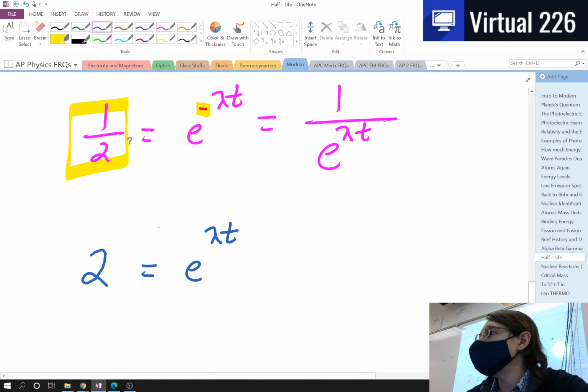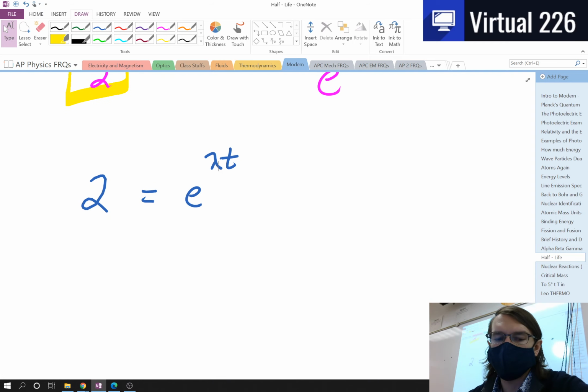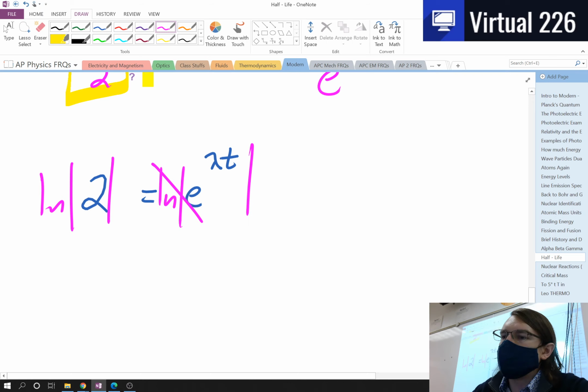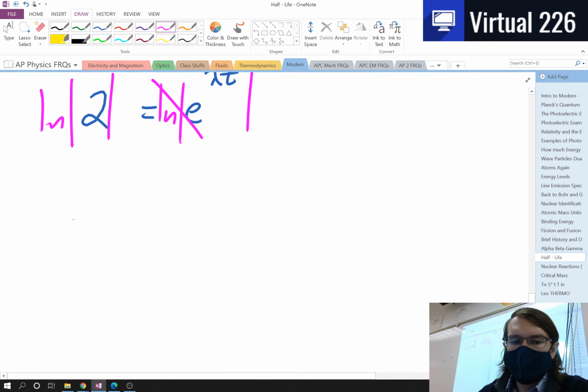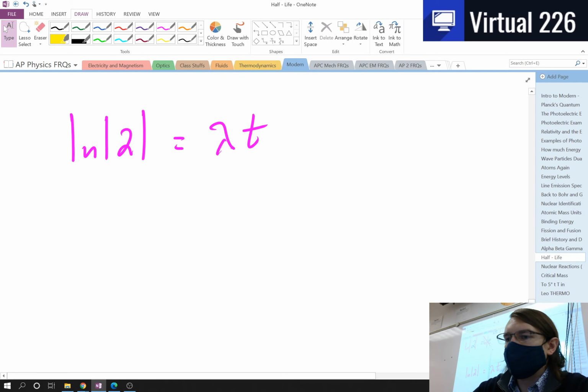That's a little math trick right there. If you didn't know what you were doing, maybe you thought that you just forgot to put the 1 over, and maybe you forgot to write the negative, but we actually reciprocated both sides. Now, if we wanted to solve for t, we could do it as follows. To get rid of this e here, we'll take the natural log of both sides. The natural log and the e's are going to wipe out, so what we have now is the natural log of 2 equals lambda t, and then simply dividing each side by lambda,